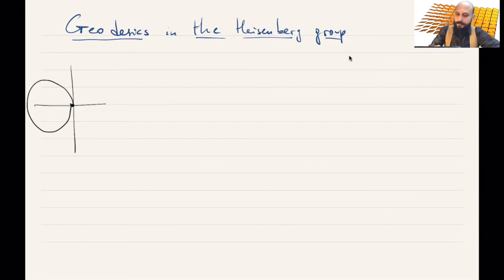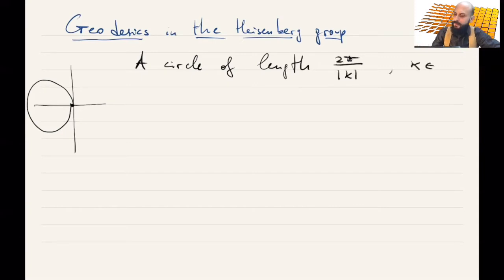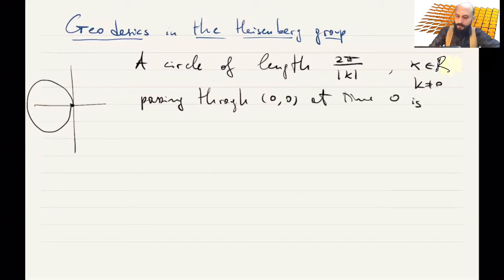So a circle of length 2 pi over k, where k is a real number, k different than 0, passing through 0, 0 at time 0. So let's call it x naught of t, y naught of t. Okay, so it's the usual circle, cosine of t, sine of t, but